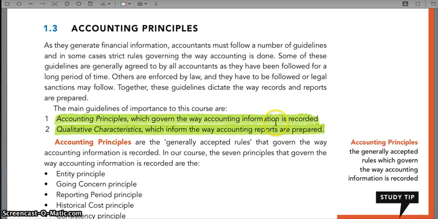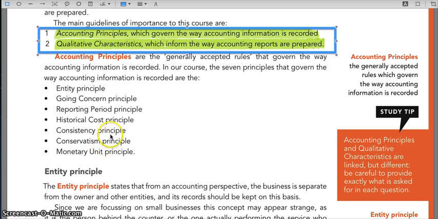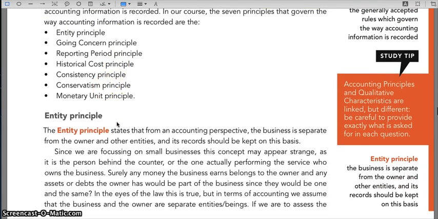This is a really important distinction that we need to make. So accounting principles, recording of information, sooner in the process, and the qualitative characteristics is how accounting reports are prepared. So really important distinction that we need to make there. So moving on to the principles, there are